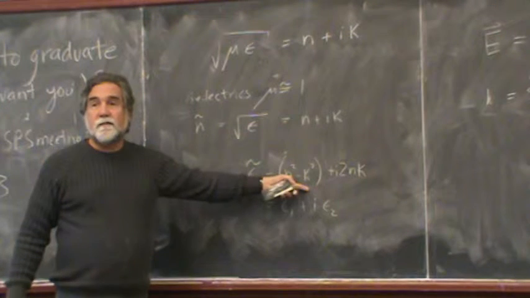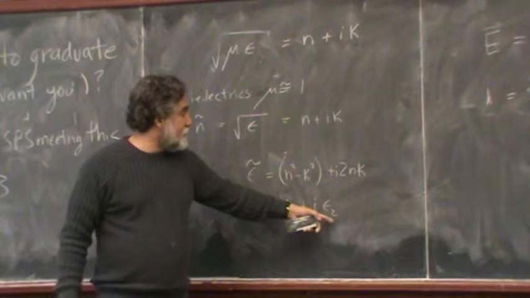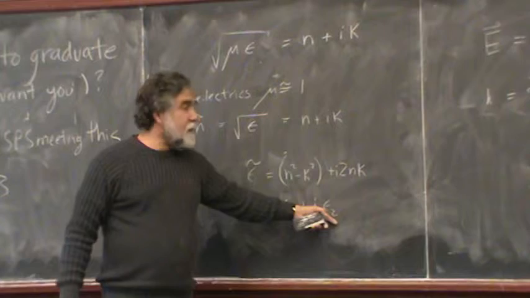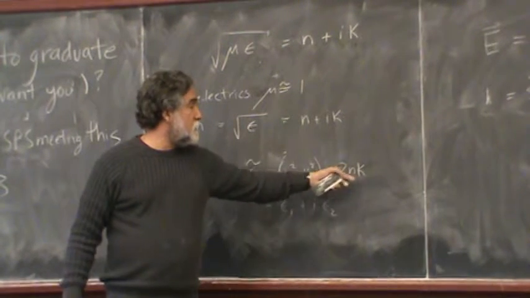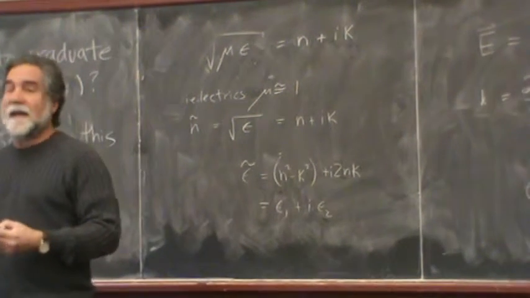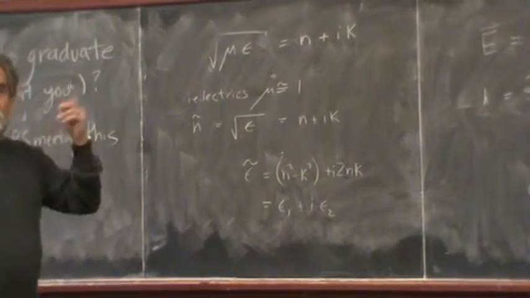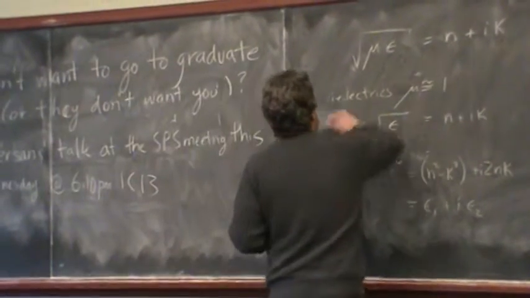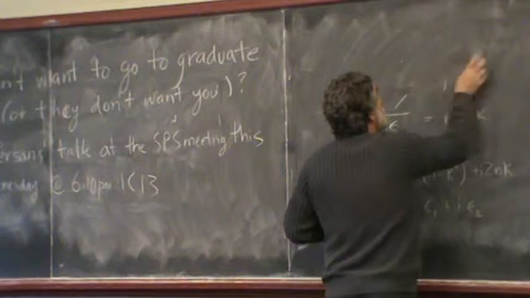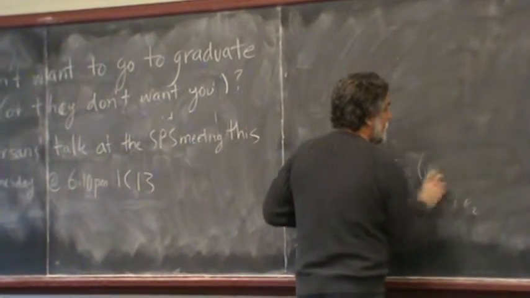Kappa is the loss in the material, all right? And the imaginary part of the dielectric function is 2nk, if you want to transfer back and forth between those things. Typically, the measurables, the things that we